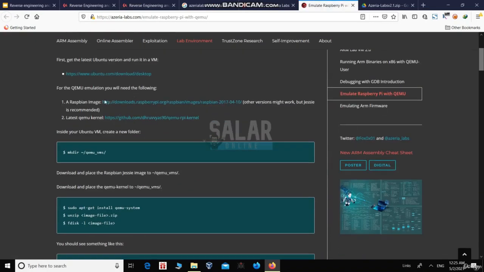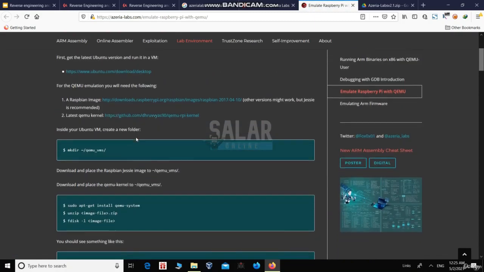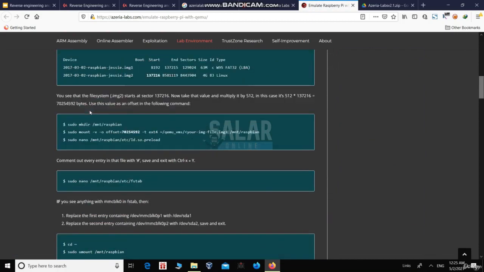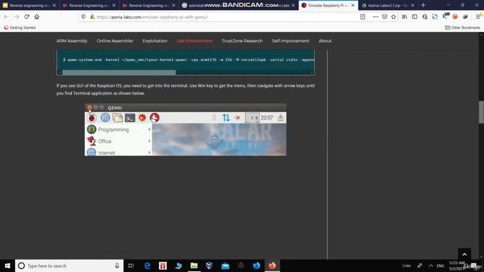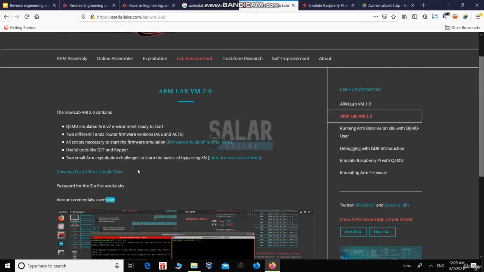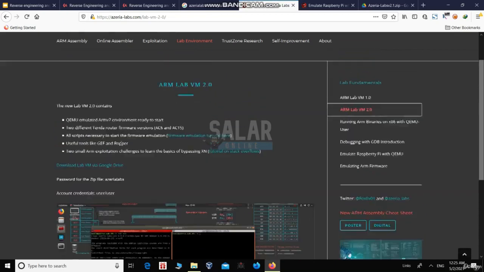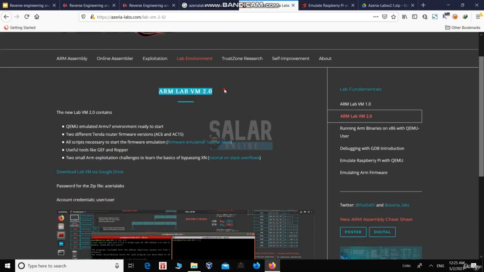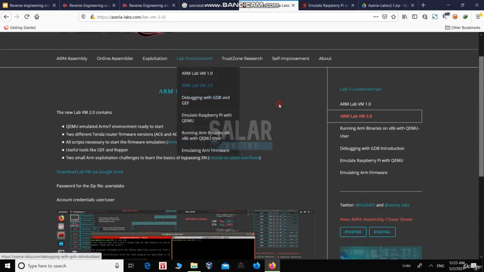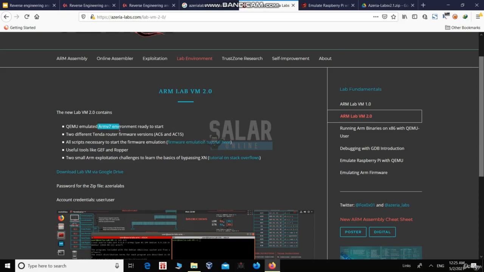All the instructions are provided here. You can just download this, but it's a bit complicated, so it will be better if you just download these labs. You need Assyria Labs 2 in order to work with most of our latest tools like Binary Ninja and Ghidra, etc. This comes with ARM version 7,